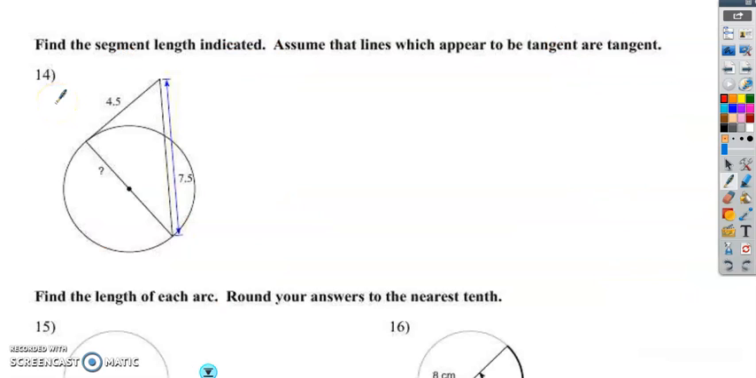All right, here we go. Number 14, a little Pythagorean theorem. If you remember, a tangent and a radius, or a tangent and a diameter, always intersect to form a right angle. So at this location right here, that's 90 degrees. So that's going to give me the setup of something like 4.5 squared plus,